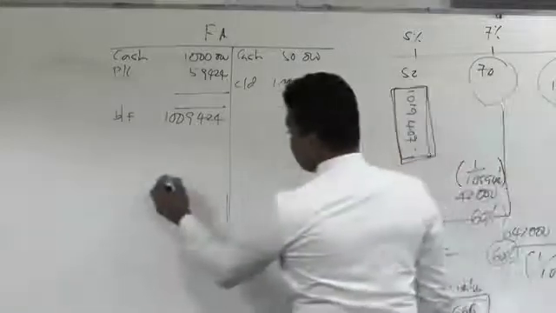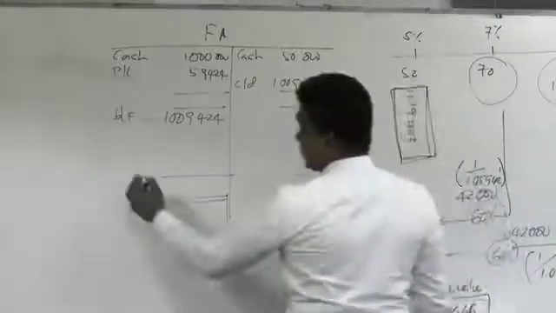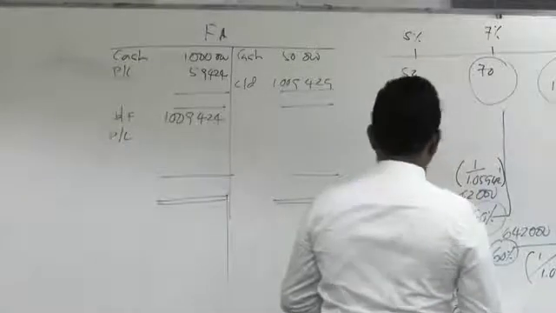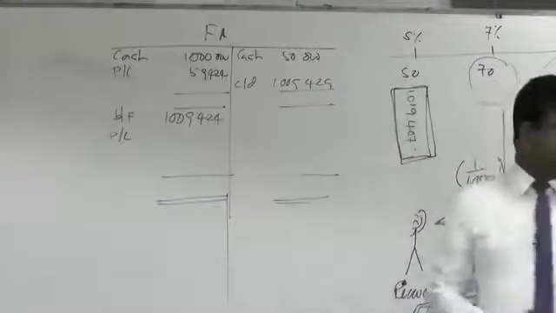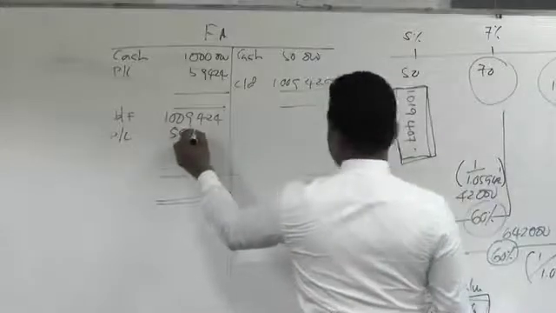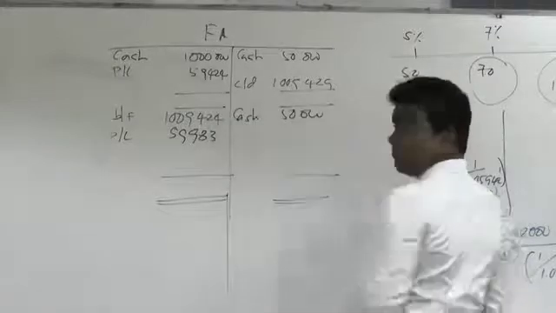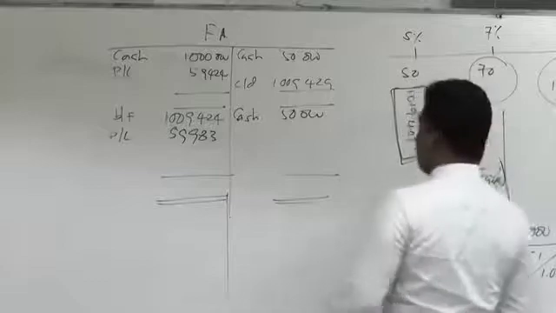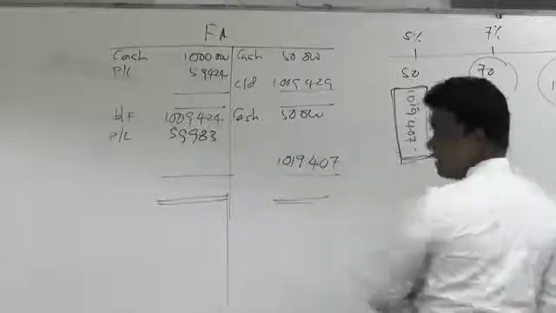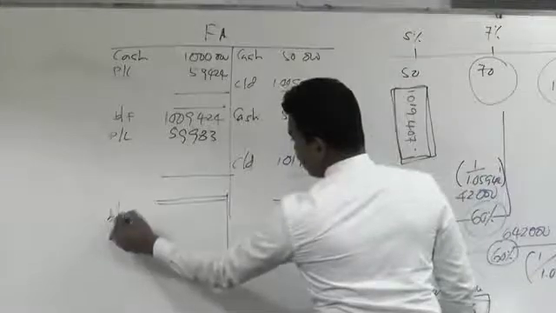When it comes to the second year, this is the most crucial point. When it comes to the second year, you recognize your interest income in P&L. How much was it? Can you tell me? Second year interest was 983. You collected cash for the second year again 50,000, right? According to that, your carrying value would be 1,019,407, carried down value. Now, that would be the brought forward balance, right?